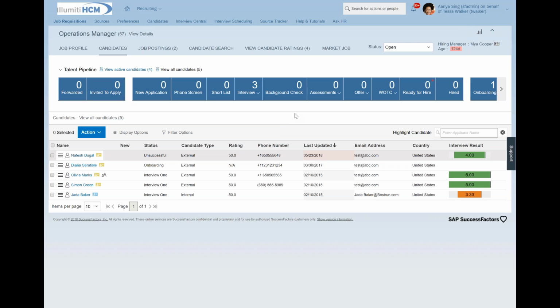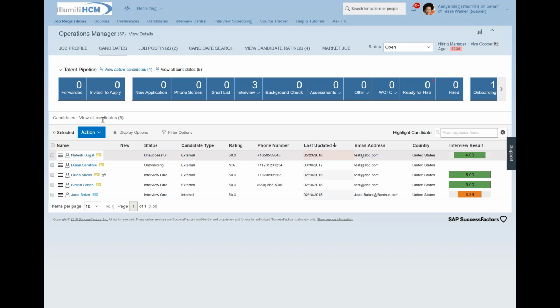And depending on the type of work that you do and the composition of the employees that you recruit for, you may have a need to have more than one pipeline. Perhaps you follow a different process for hourly versus salaried employees, or perhaps you follow a different process for people in North America versus people over in Europe or Asia. So that's just something we would determine when gathering requirements.